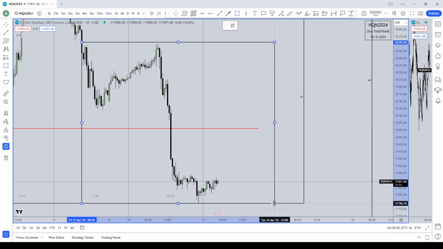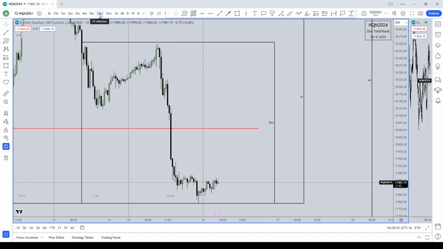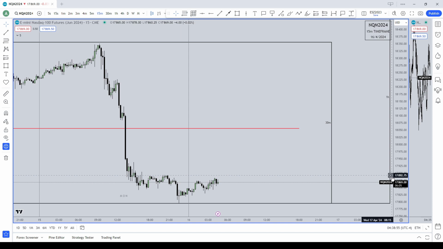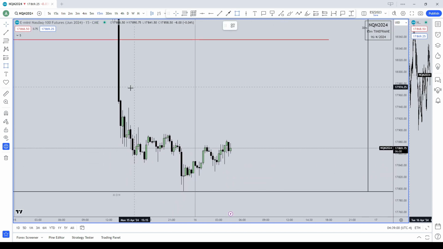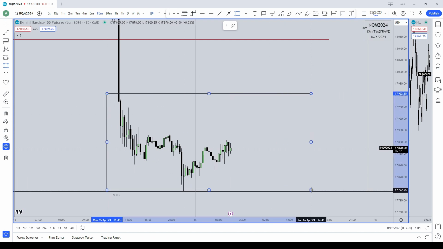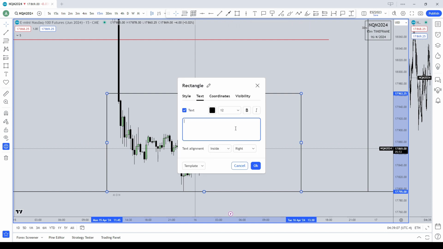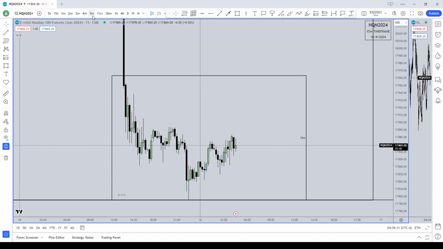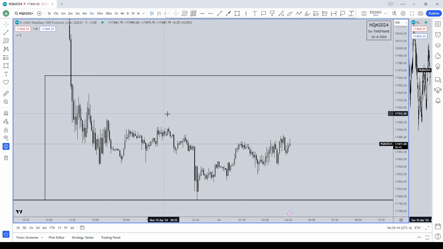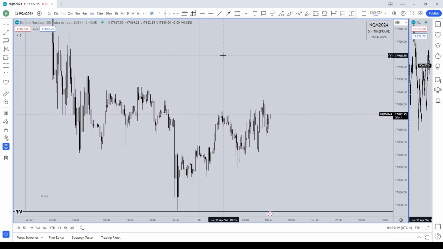Still a downtrend. 15 minute. Okay, on 15 minute, there is a little consolidation. 15 minutes, 5 minutes, and on 5 minutes,